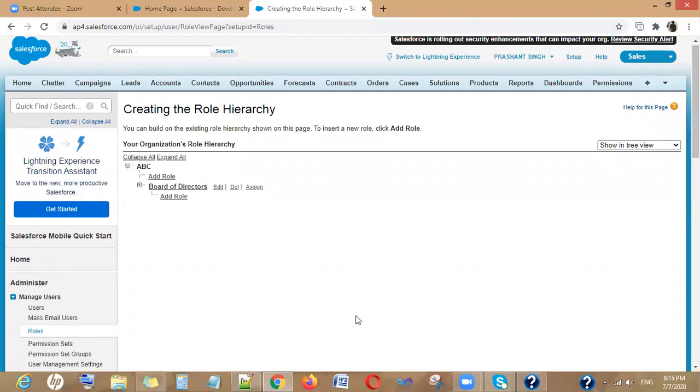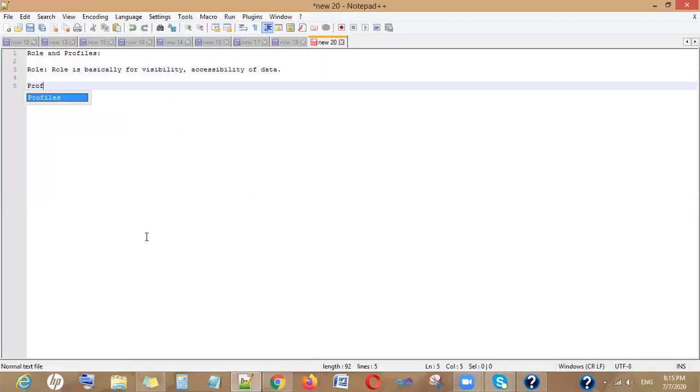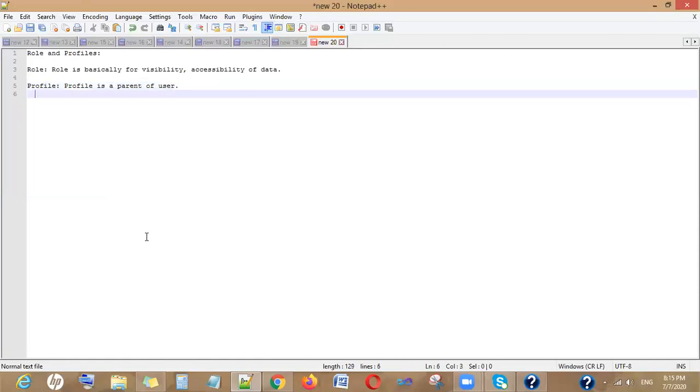But the important thing is profile. So what is the profile? Profile basically is a parent of user. That means, whatever a user can do in Salesforce is all defined and controlled by the profile.